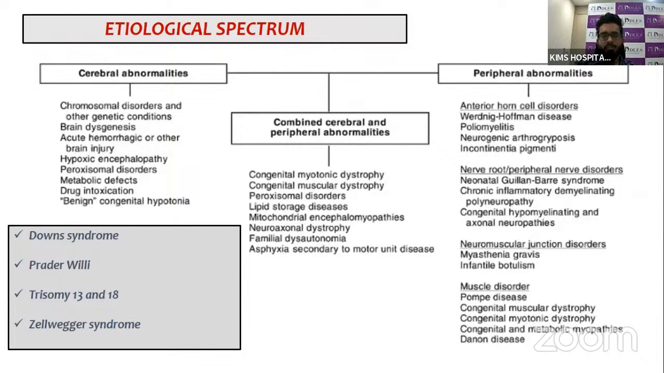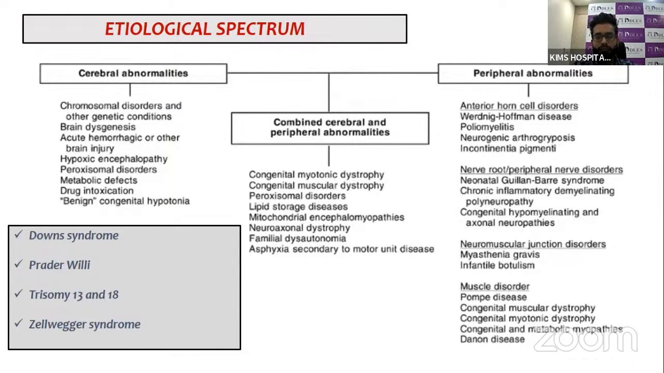So apart from this, as I mentioned, a lot of syndromes can have hypotonia as their presentation. We have discussed this before: Down syndrome, trisomy 13 and 18. And Prader-Willi is one of the most important things you have to remember, because if you see Prader-Willi, the